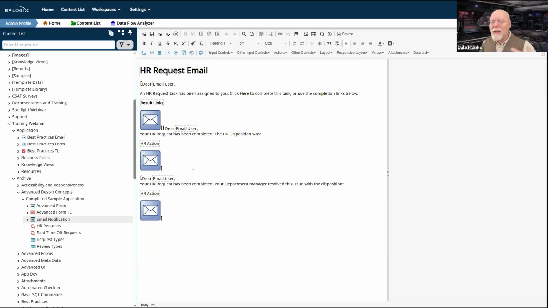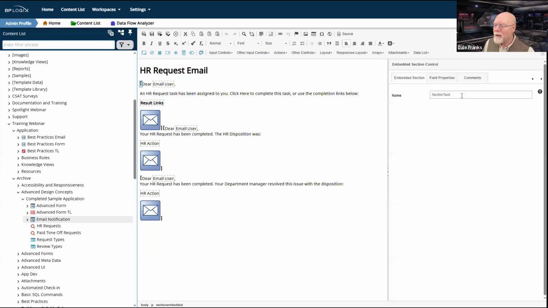So if we look at this email template, I have three different embedded sections. I've got this very first section up here at the top, section task. That's where my task notifications go. And then I've got a second one here called disposition HR.